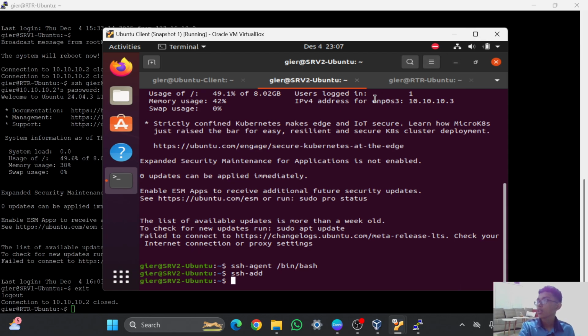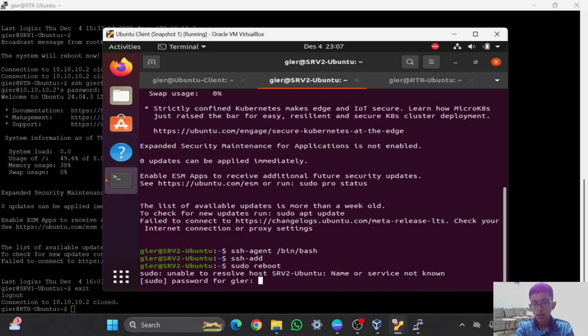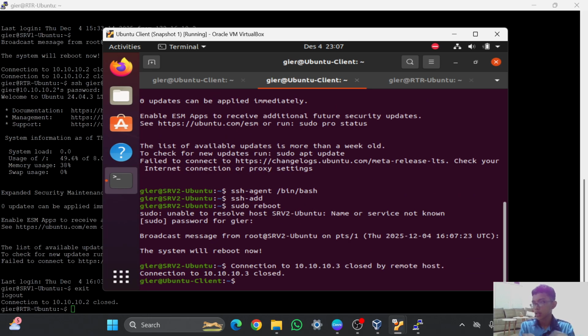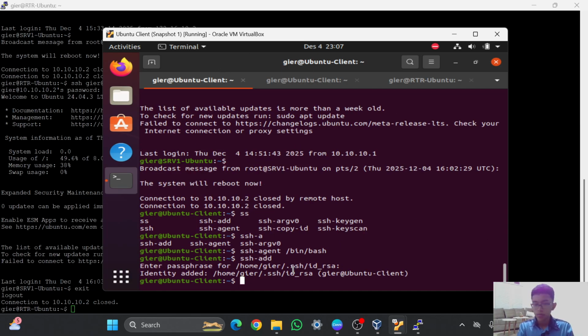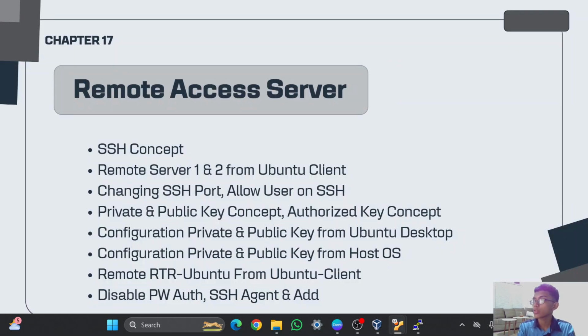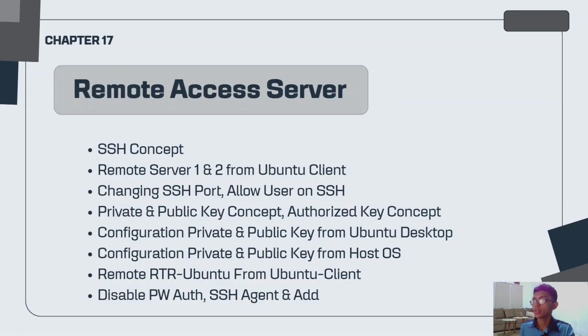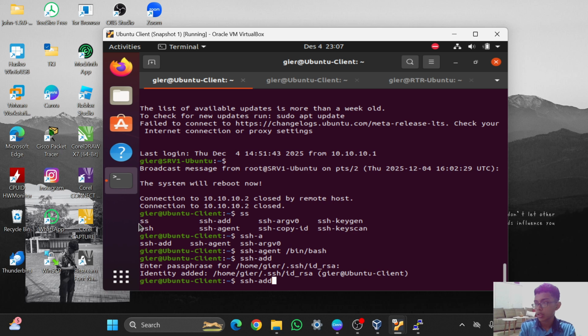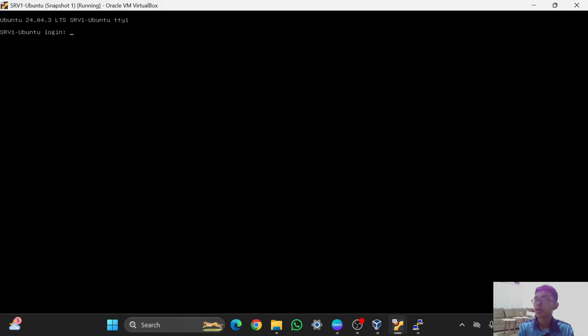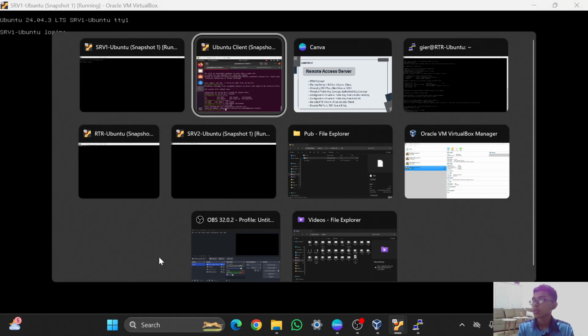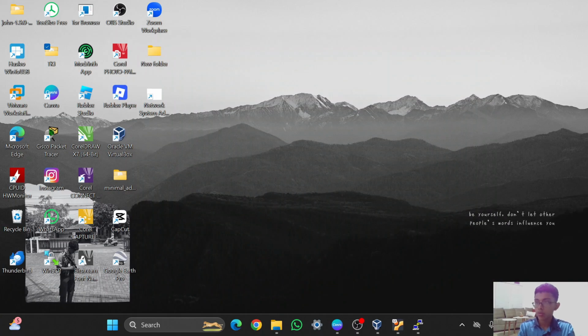And if I try to restart the server, and then like this, if I try to ping again, for example, I will try to reboot server one. I think I've already restarted server one.